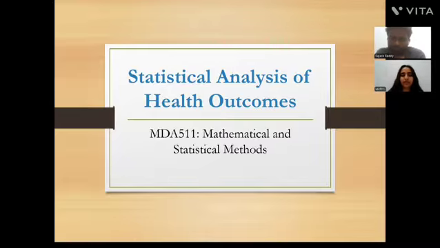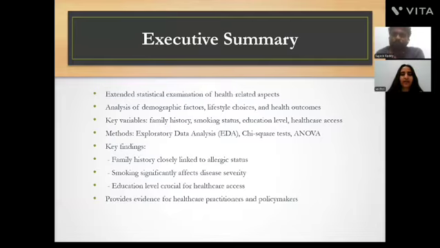Here we are explaining our project on statistical analysis of health outcomes. So here we first have the executive summary of our project. We are going to explain an extended statistical examination of health-related aspects, analysis of demographic factors, lifestyle choices, and health outcomes. Here are some key variables: family history, smoking status, education level, healthcare access, and we are using different methods like EDA, exploratory data analysis, chi-square test, ANOVA, and from all these aspects, we are